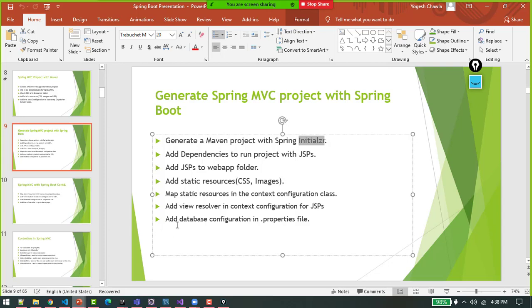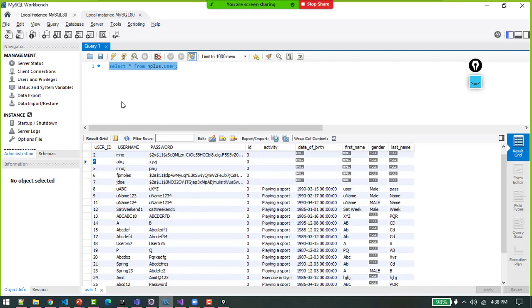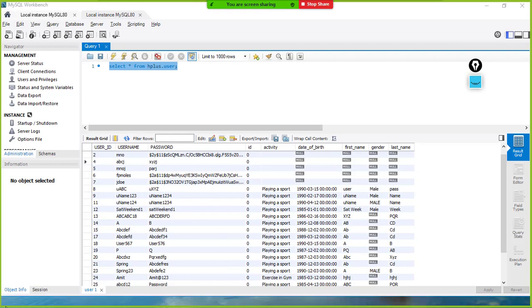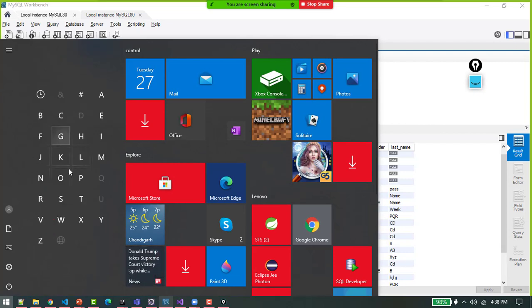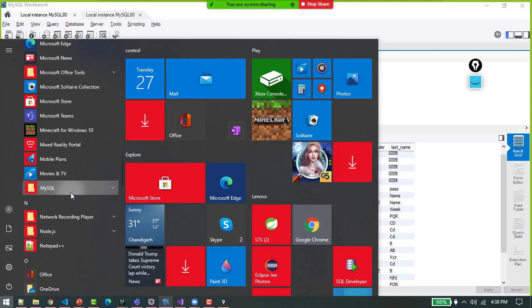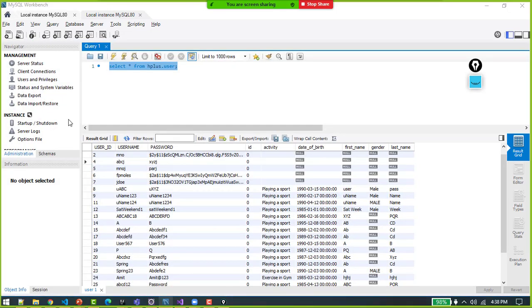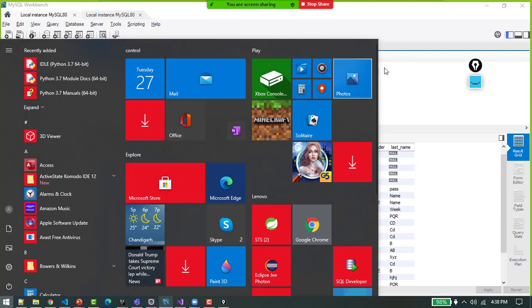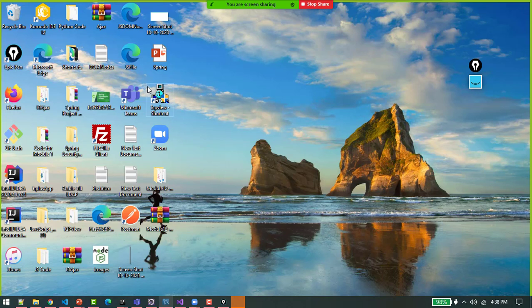So to run a Spring Boot project, you need a database. This is MySQL Developer. Once you install it, if you have Windows or Mac, you'll get a workbench to start with. So when you see MySQL on the left hand side, you need to start this. And as part of our entire code, we have given you the queries to create a database, to create tables and to create records. We have given you all those queries.